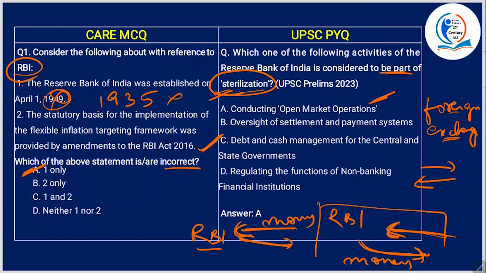That means it is absorbing the liquidity from the economy. All right. So, through OMOs, the RBI can either inject or drain liquidity from the banking system in order to maintain what? Price stability and promote economic growth. This is done to neutralize the inflationary or deflationary impact of foreign exchange interventions on the domestic economy. So, A is the answer. All right. This tick is for the second statement, not C.